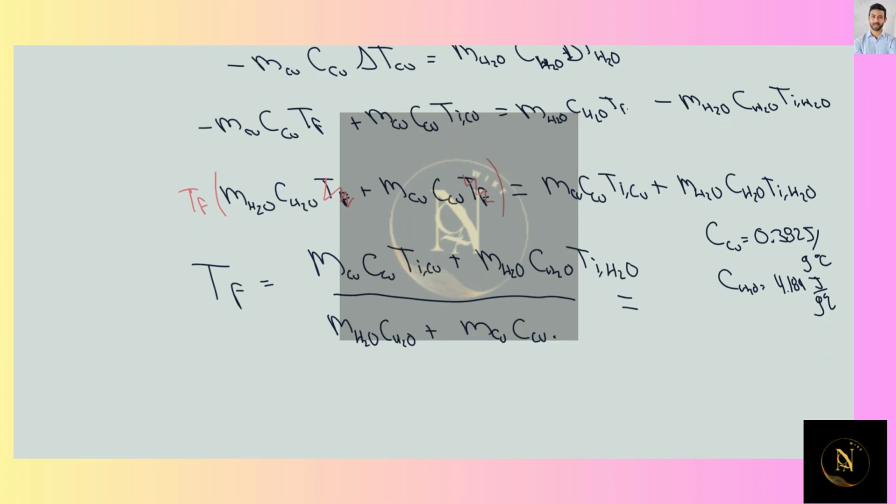So replacing the values provided in this question, the final temperature would be equal to mass of copper, which is 383.25 grams, the heat capacity that I just mentioned, 0.3825 joule per gram degree Celsius, times initial temperature for copper, which is 192.54 degrees Celsius, plus mass of water, which was 500 grams, heat capacity of water, 4.184 joule per gram degree Celsius, times the initial temperature for water, which was 25 degrees Celsius,